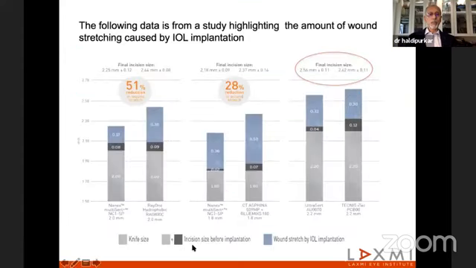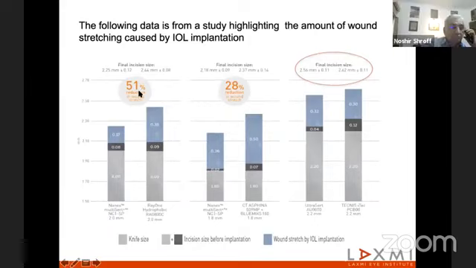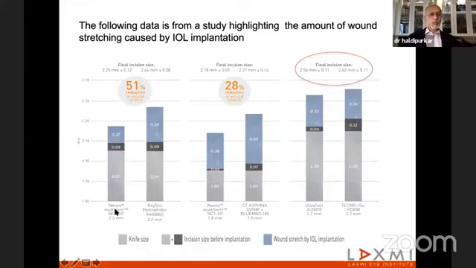And why it is important is highlighted in this study. And mind you, this is very true. In this, Nenex multi-cert is used through a 2 millimeter incision as compared to some other lens. If you look at this blue segment, which is wound stretch by the IOL implantation, there is almost 51% reduction in wound stretch, because wound stretch is a reality. That you can see in the last one, where you have two of the well-known lenses, where the wound stretch